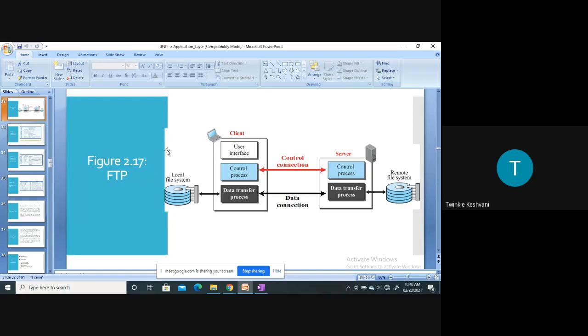This is the local file system and this is the remote file system. Whenever the client requests any file, the request goes to the server, and from the remote file system it is fetched and provided to the user, right? So in this way the FTP works.